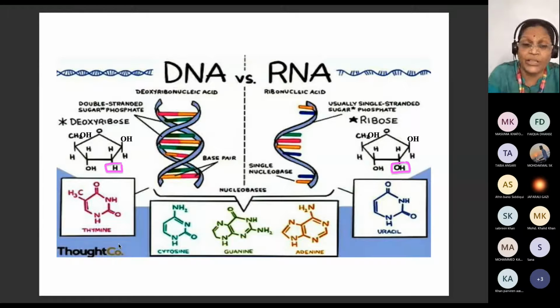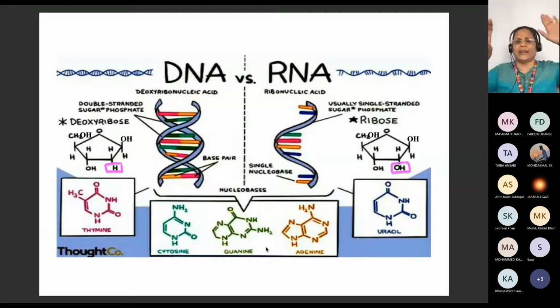Now we have this cytosine. When you see the structures of uracil, thymine, and cytosine, they are from one group, the pyrimidine group. And adenine and guanine are the purine bases. Purine means they have a 6-member ring and a 5-member ring. I'll explain how to keep everything in mind, don't worry. Right now, only keep in mind DNA versus RNA.